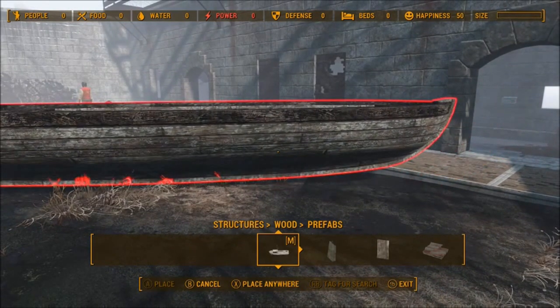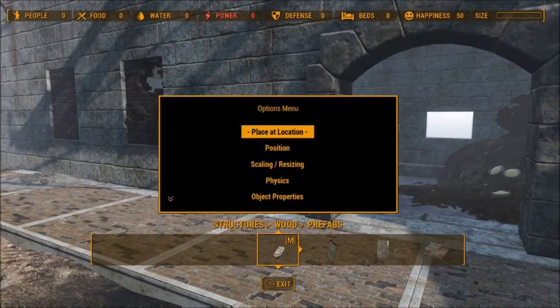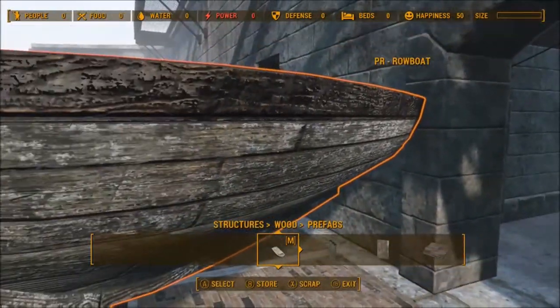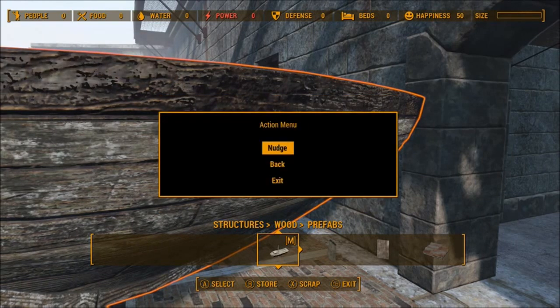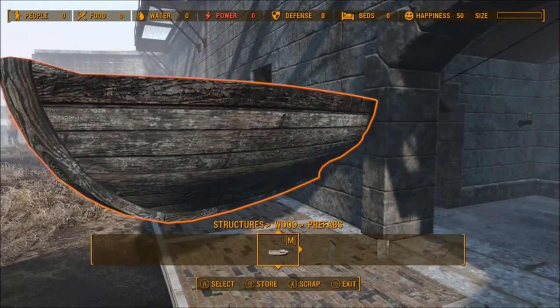Once you decide that you want to place it somewhere, just press X, then you press B, then you place at location. If you're not really satisfied with the location and want to do a bit of fine-tuning, you can change the position. You also have a couple of options in the step size. As you can see, this will nudge it just a little bit to the right. But if you're not satisfied completely, just want to change the entire location,